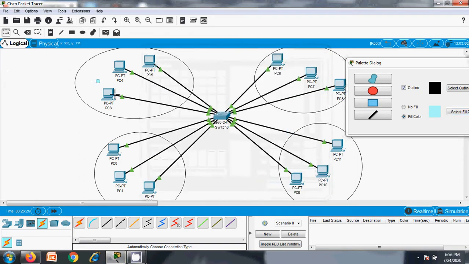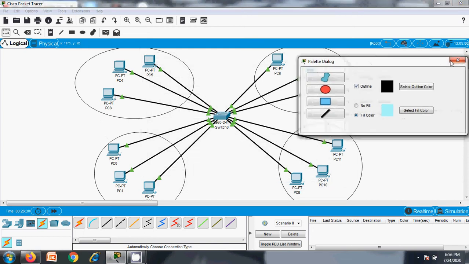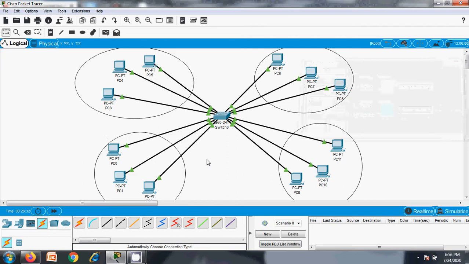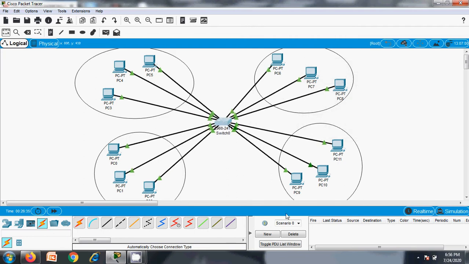Okay, we'll go for naming of these VLANs. We'll place the placeholder here. This is VLAN, let's take HR department. This is VLAN tech department.